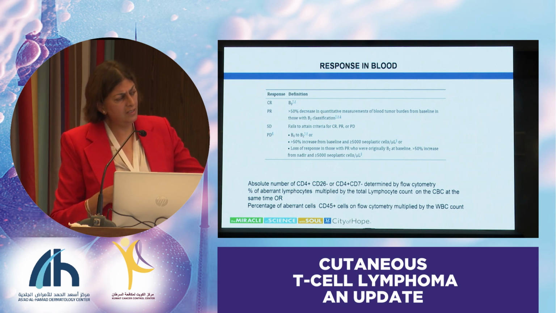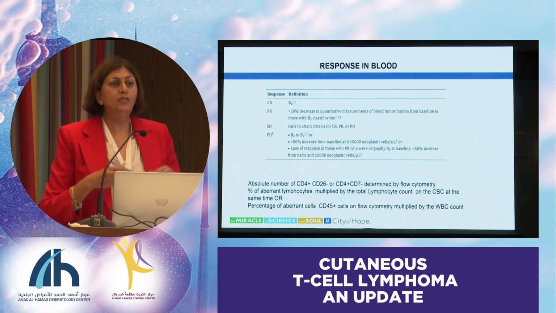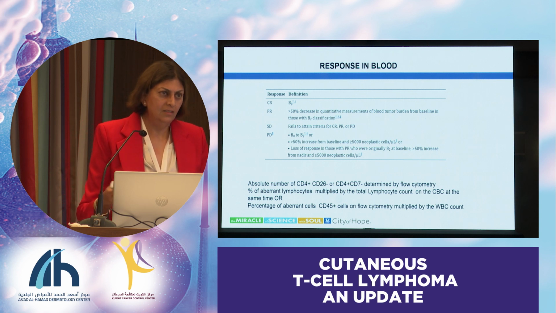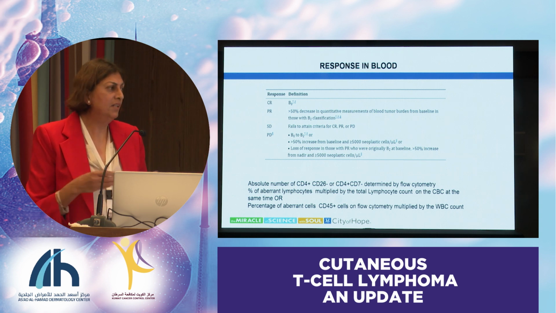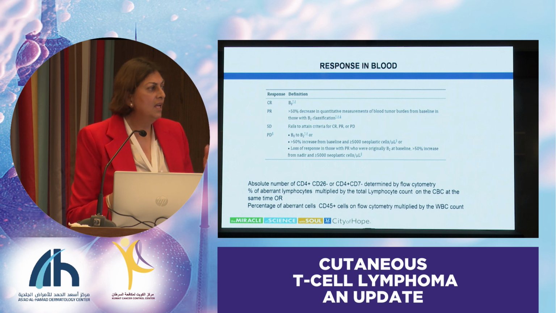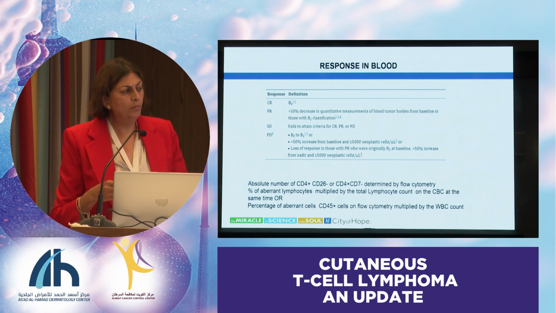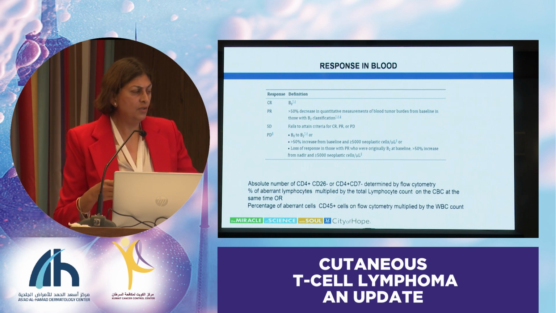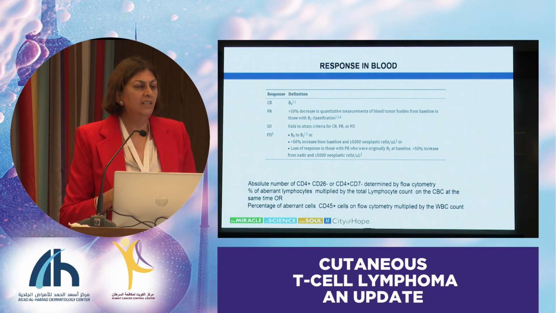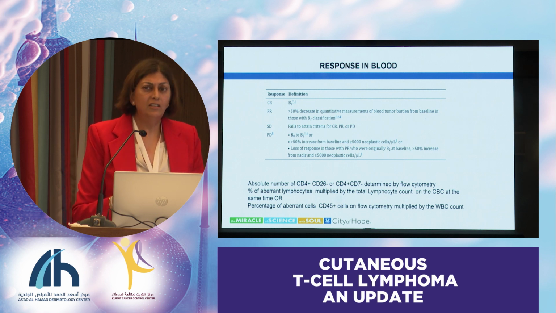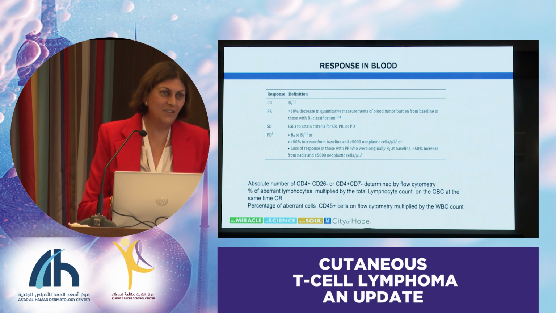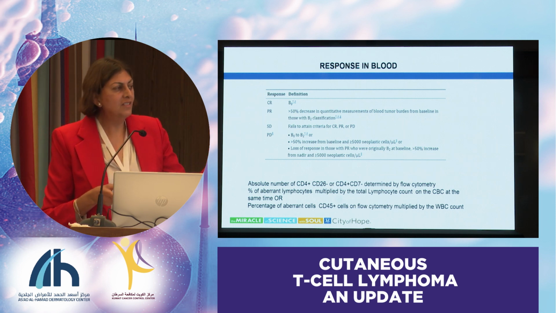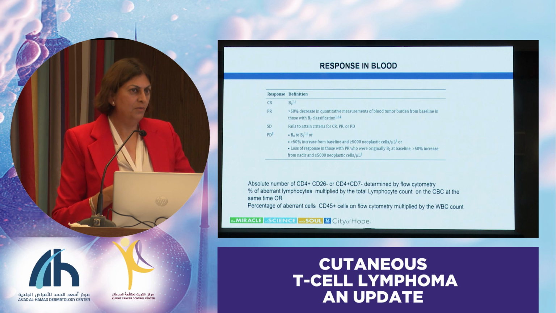And again, you can find these in the literature, but you have to count the cells. That's the important point. It's not enough to say there's blood involvement, you've got to actually count the cells. And you look for CD4 positive, CD26 negative, or CD7 negative cells. At least at our center, we actually have to do it manually. So we have to know the total lymphocyte count and multiply the percentage of these abnormal cells to get an